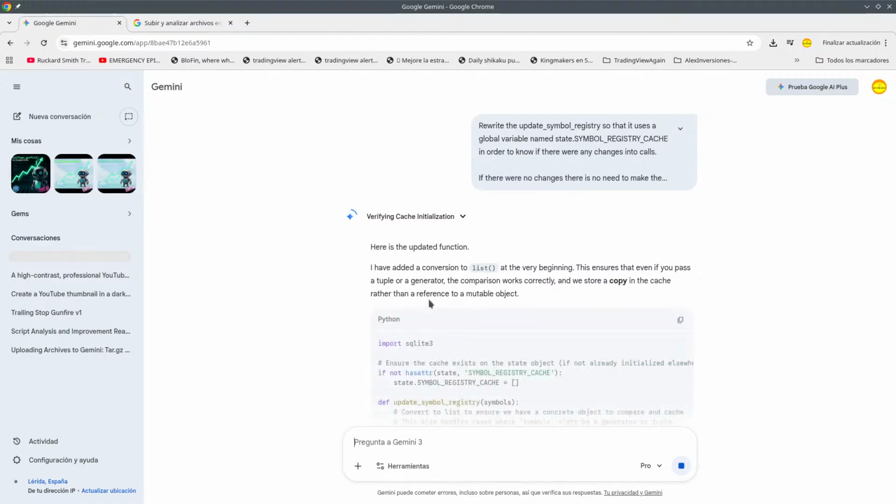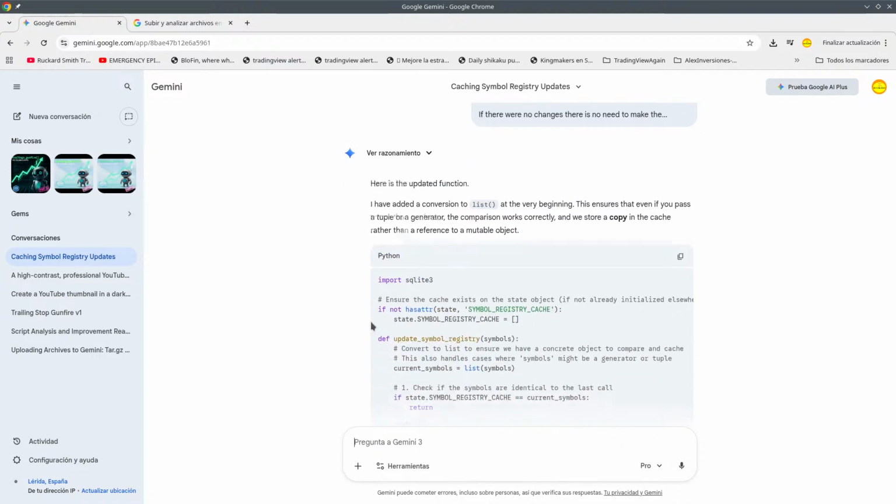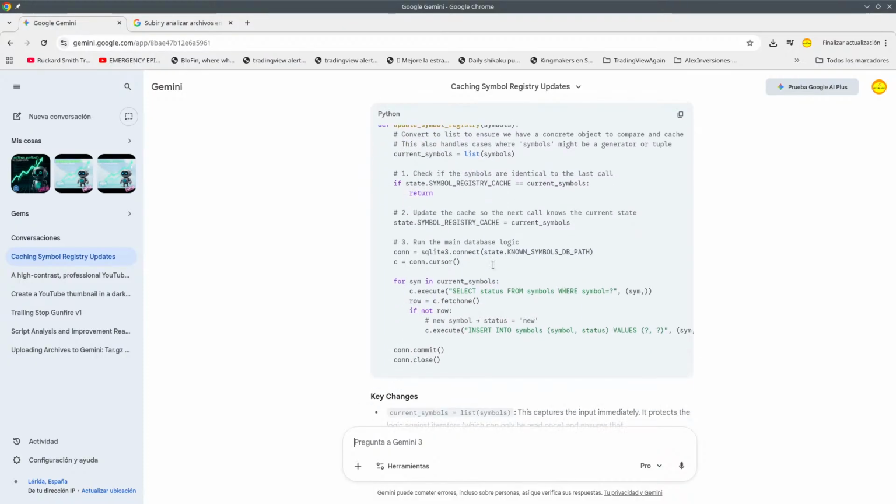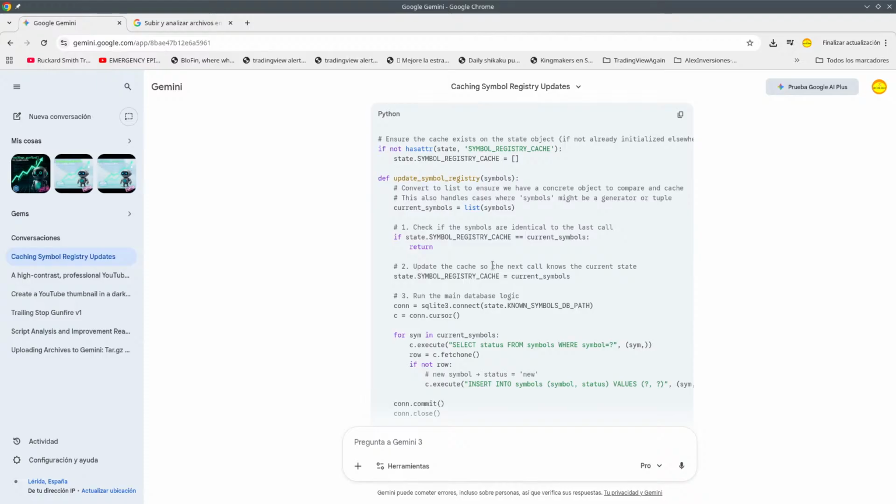Here's the updated function. We store a copy. Ensure the cache exists on the state object if not already. We are not going to do this thing because we know that it's going to work. And then current symbols, list symbols. So if the symbols are identical to the last call, then return. Otherwise, you get current symbols. And then here,